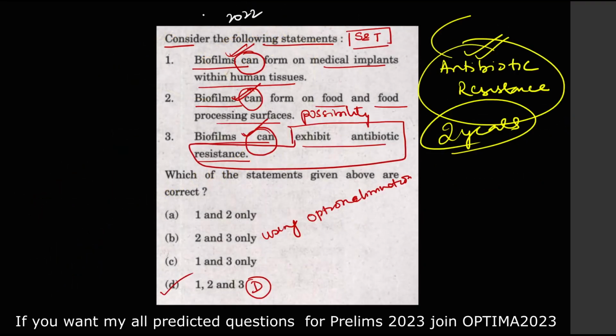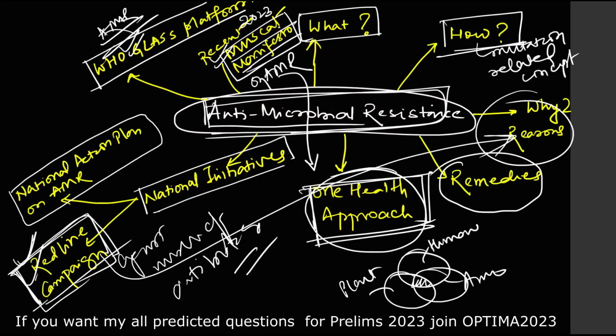CSE 2022, and I picked one statement from here, and then I linked it to a current affair. What is that current affair? Muscat Manifesto is the current affair, and I linked the One Health approach, which is a very important topic in the UPSC in the last 2 years, where I am expecting one question to come.